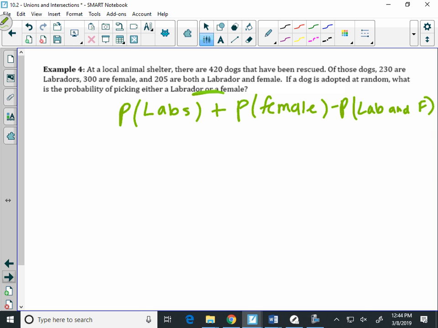Whenever you see the word or, you're following that formula. First plus the second minus both, and you have the formula. You don't have to memorize it, you just have to know when to use it. Again, we're dealing with probability, so